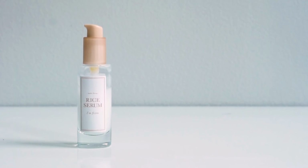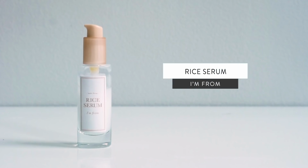This has been really exciting. I've been wanting to talk about it for a while, but I couldn't, and now I can. I'm From's Rice Serum. So this is from the I'm From Rice line, and you guys know how much I deeply love that toner. So I always approach new formulas from I'm From with a bit of a side eye,